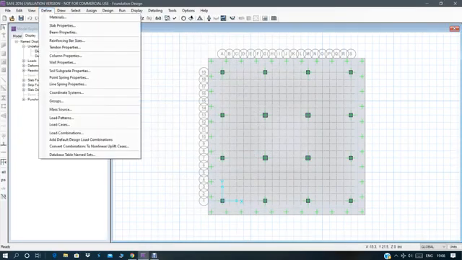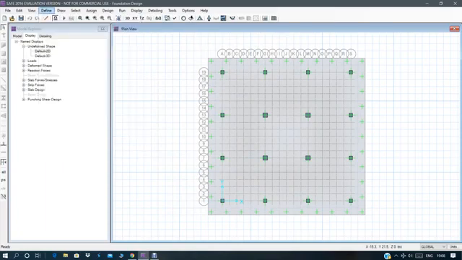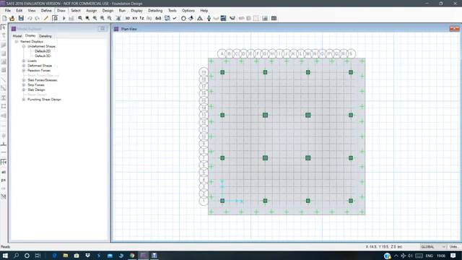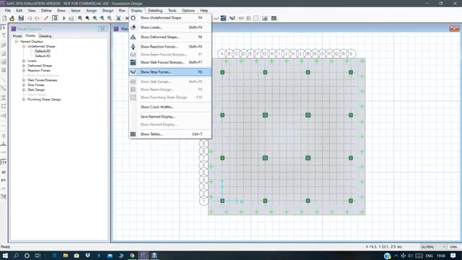Then you have defined material properties, slab properties, column properties, soil subgrade properties and all the loads. So the definitions are all complete. Now you have to draw the footing. We draw the footing by going to the draw menu and then draw columns, draw slab areas and draw design strips. So these are design strips. Then you can display show.